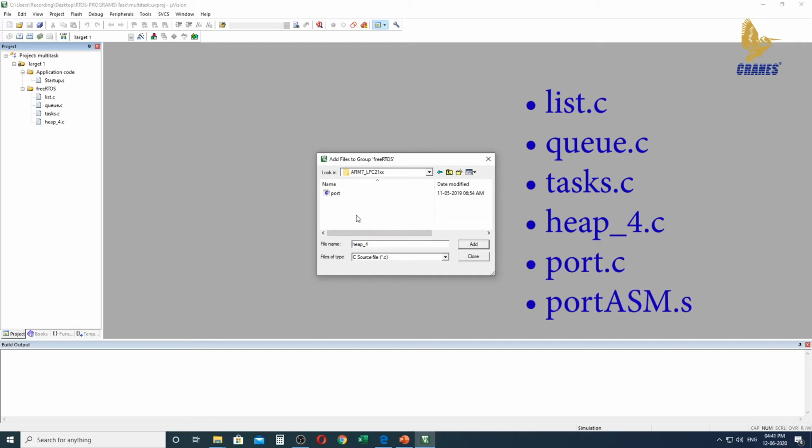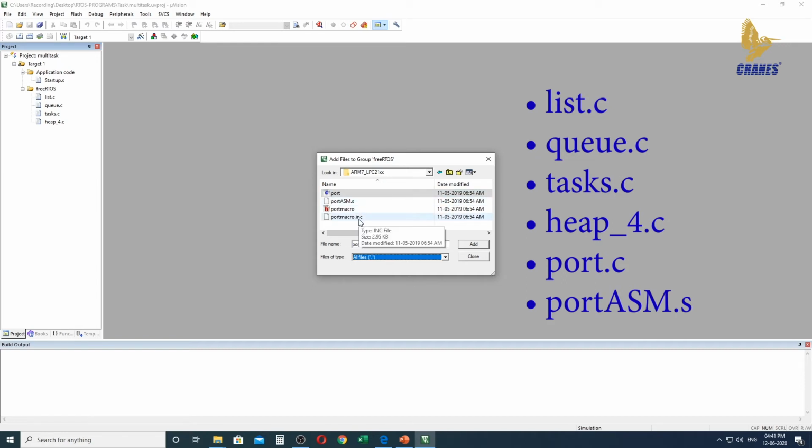Once you have entered this folder, you will see only one file, but here we need to include 2 files. If you want to get all the files listed, click on file of type and select all files. Then you will get all the files listed here.